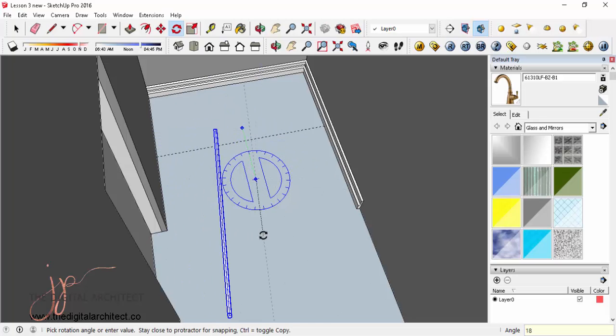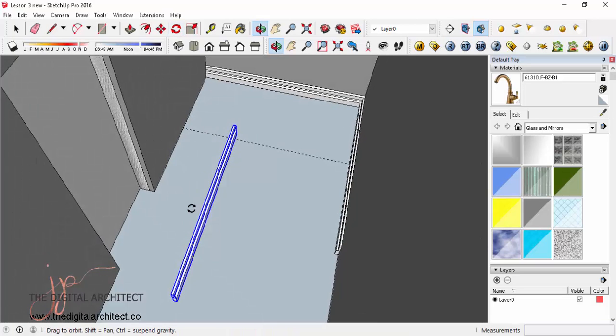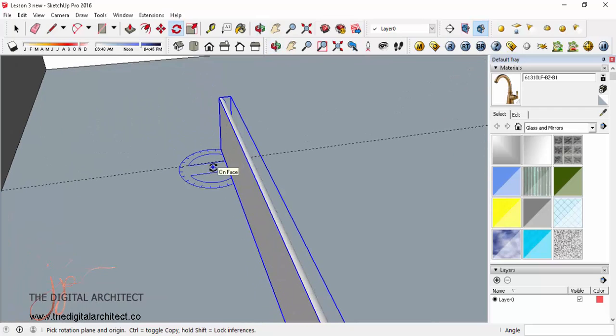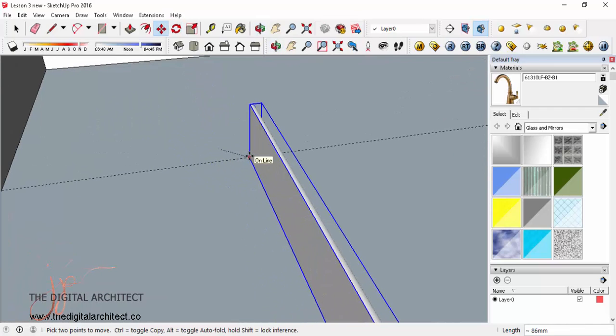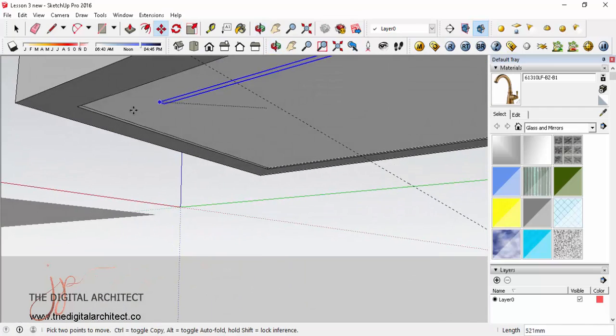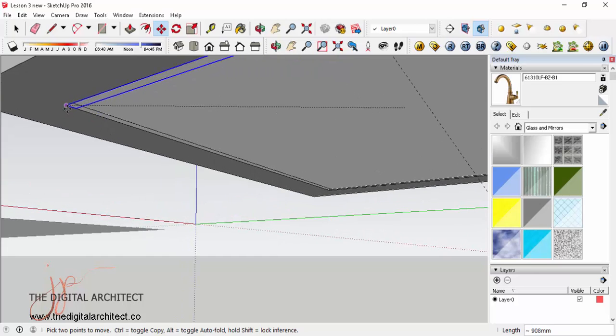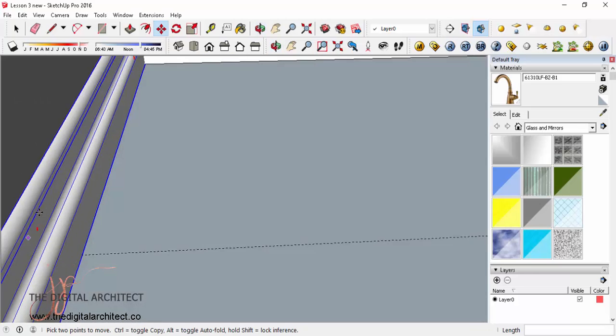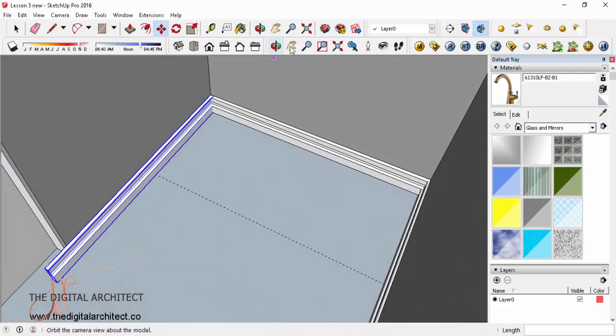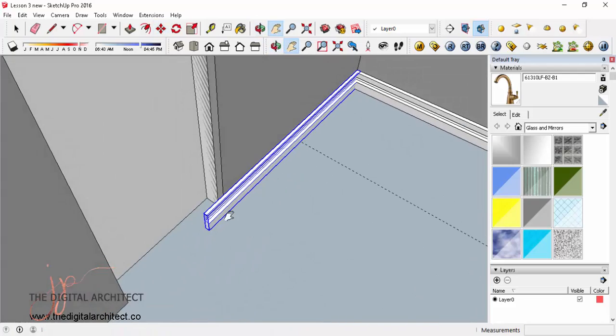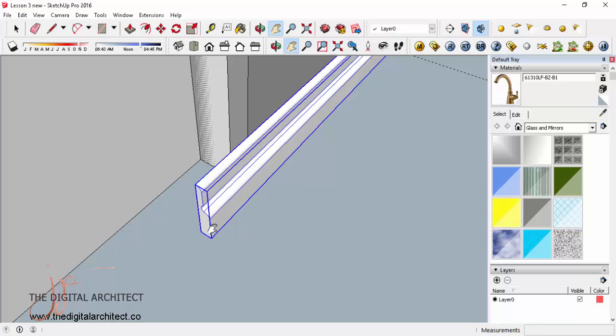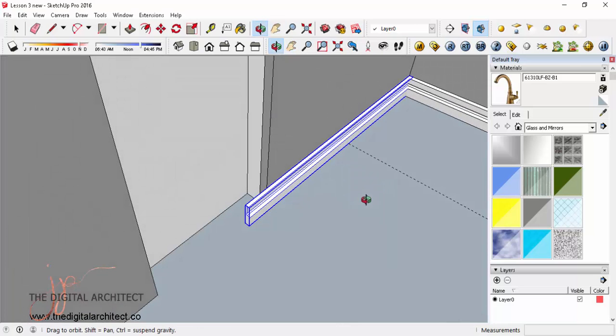That's 180 degrees, so type in 180, enter, and then let's move the corner again to where it should be for you to see. Look underneath and put it to that corner. Okay, now this skirting is a bit over. So for us to resize, remember in lesson 1 we used the scale tool, so use scale again, which